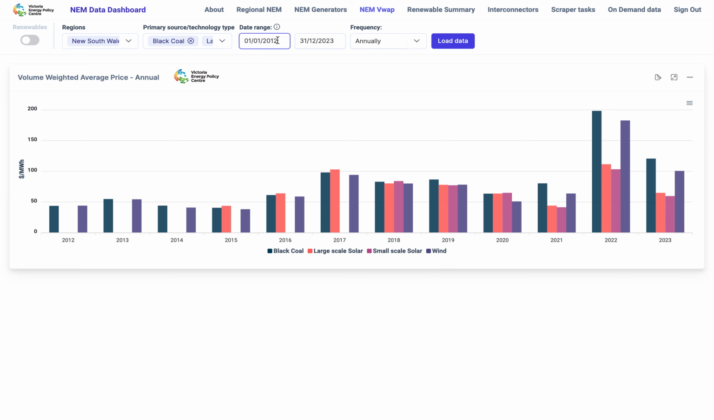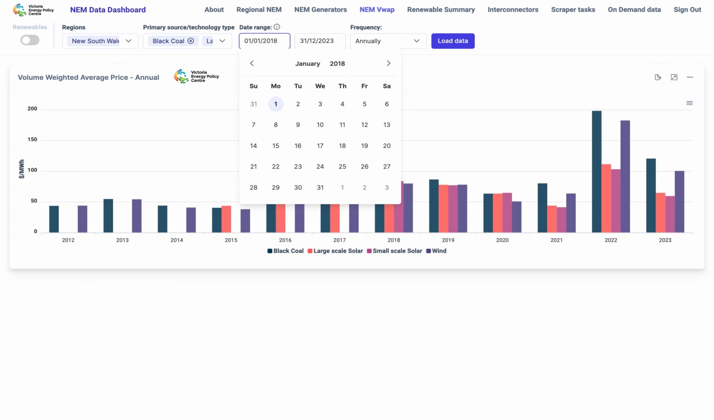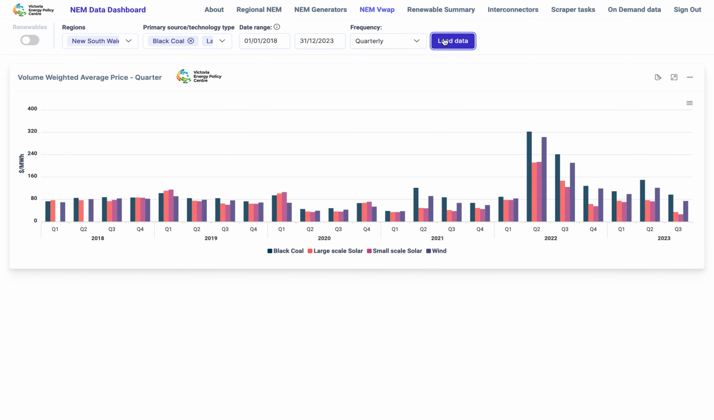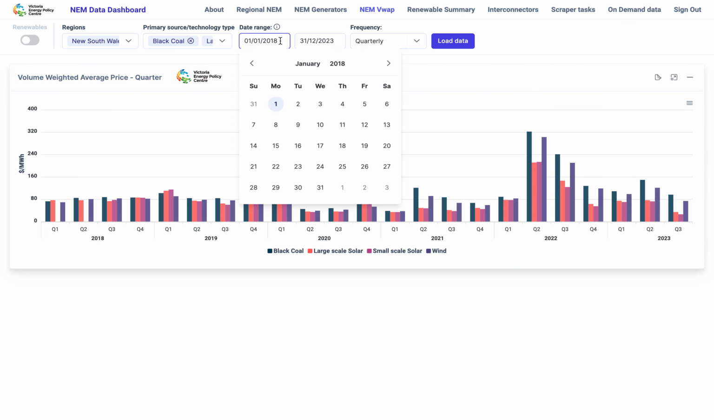Let me narrow this down to, let's say, 2018 to 2023. Again, look at annual resolution. Let's instead, because we've got a shorter time span, change to a quarterly view. And you can see how the volume-weighted average price across fuel sources changed. Things start to get quite interesting in 2022 when we had that price blowout. So let's narrow that down to 2022,